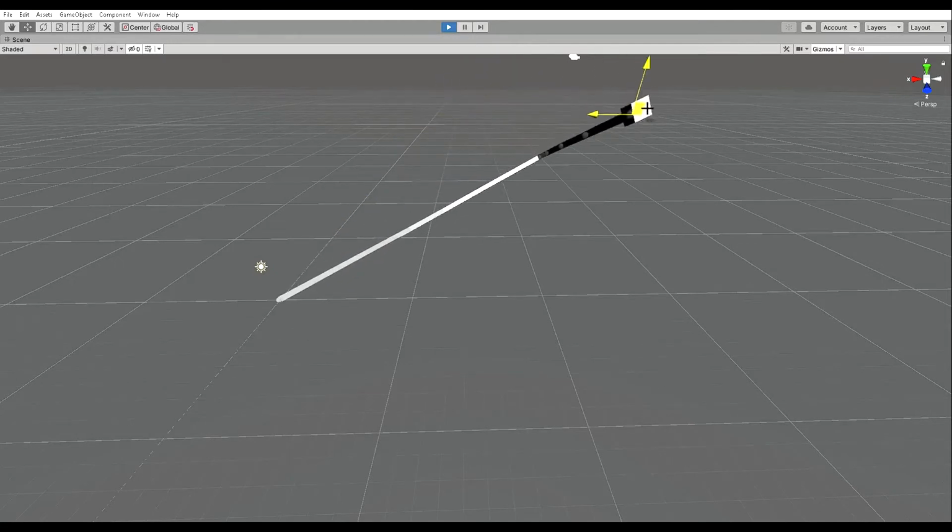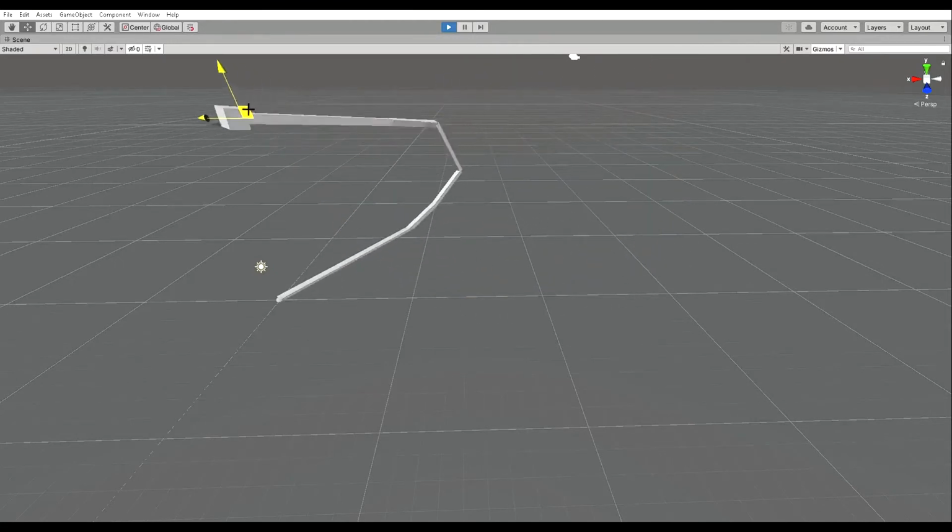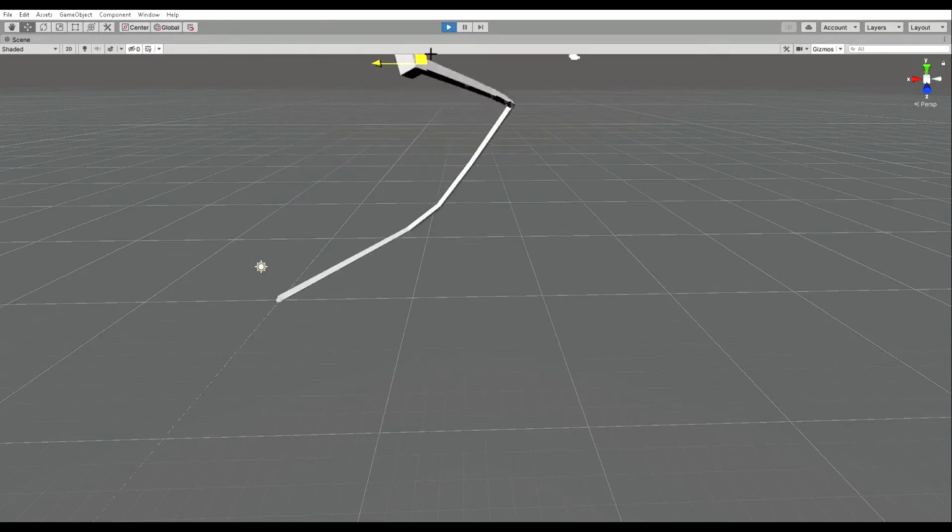I'm not using Blender models. I'm literally just creating cubes and then modifying their scale and size and everything and position. And yeah, I think this turned out pretty well. As you can see, it's a little buggy, but that's just the inverse kinematics algorithm. And so then